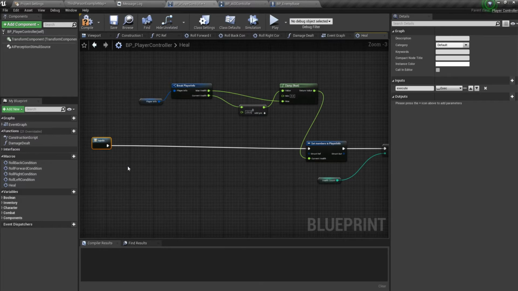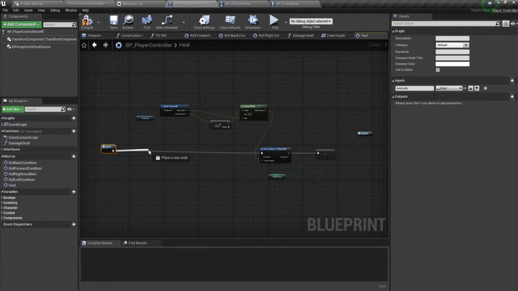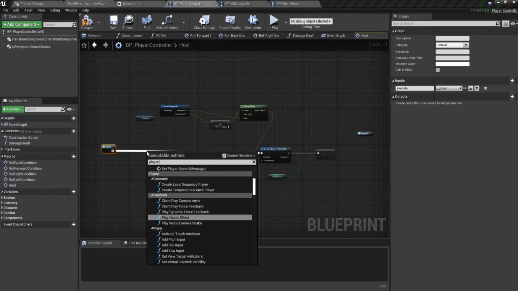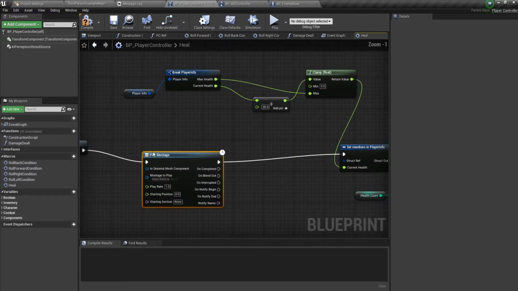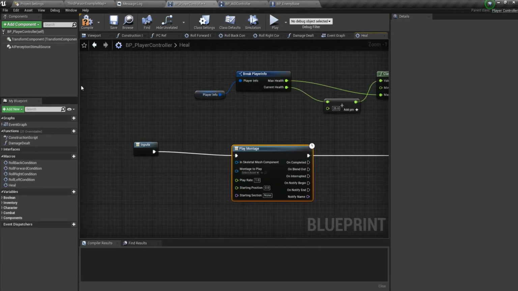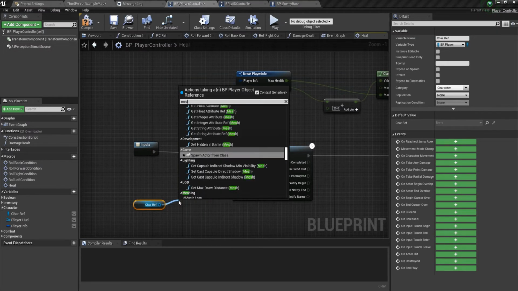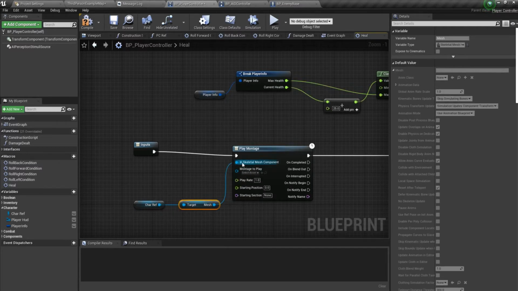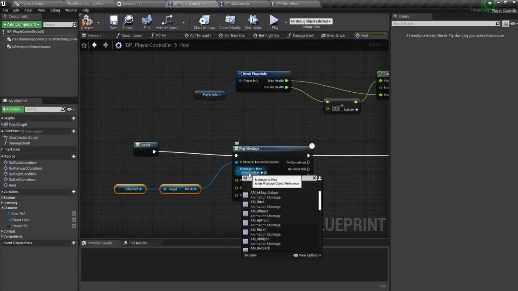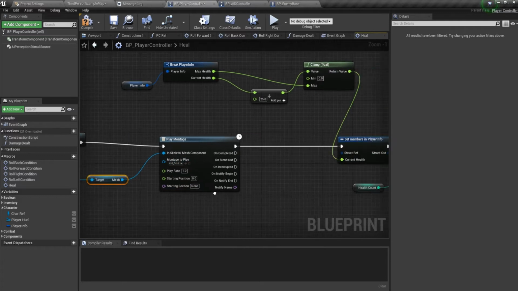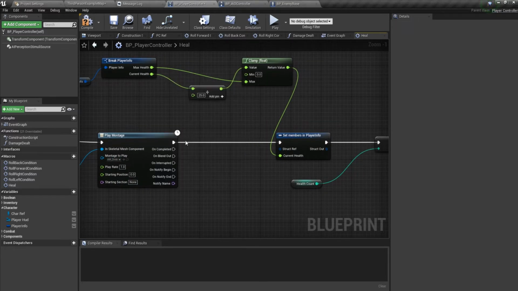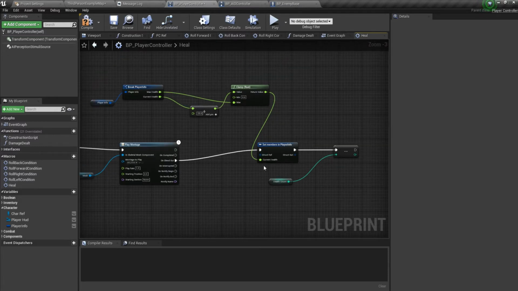This one over here, it will play a montage. It will get from the character reference, and we need to get the mesh. That would be our skeletal mesh component, and over here we'll put in the drink, and on blend out we will heal. But if it was interrupted,